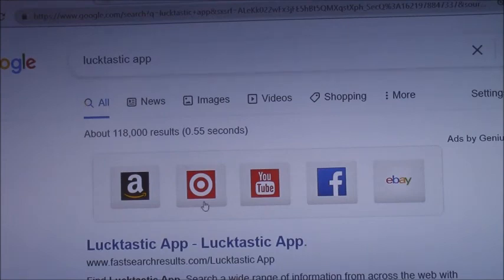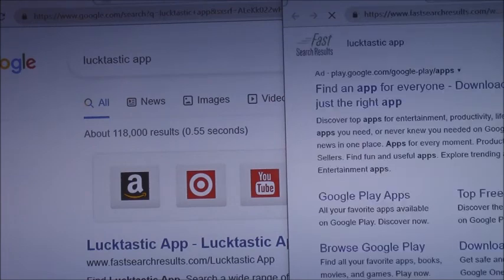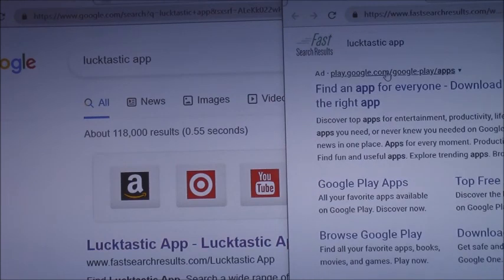Now make sure, because when you go to money apps, there are so many money apps online. Make sure you go to this Lactastic app. Okay, make sure, because when you go to this one, it might show something like Lactastic but with a different spelling.